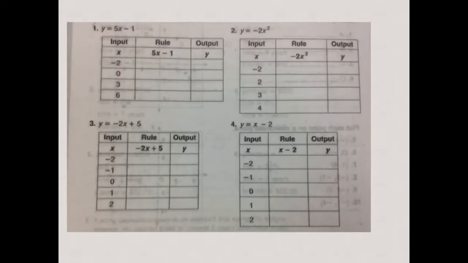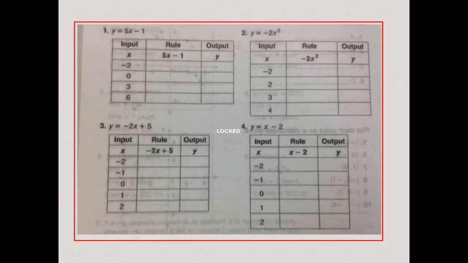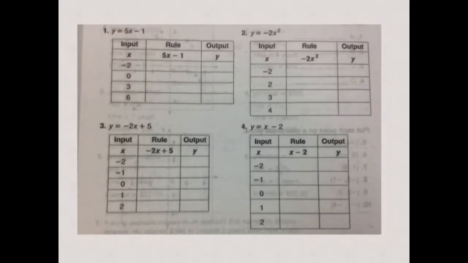Okay, class, we're going to look at functions and how we find our ordered pairs. Well, we have a rule, what looks like a linear equation, and we're going to use that to find our x and y, our coordinates, our ordered pair. Now, in class, I know we talked about these. For example, for number 1 right here, we have y equals 5x minus 1. Well, we're going to replace x with negative 2,